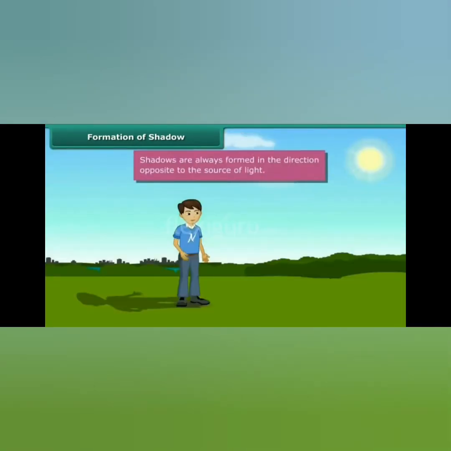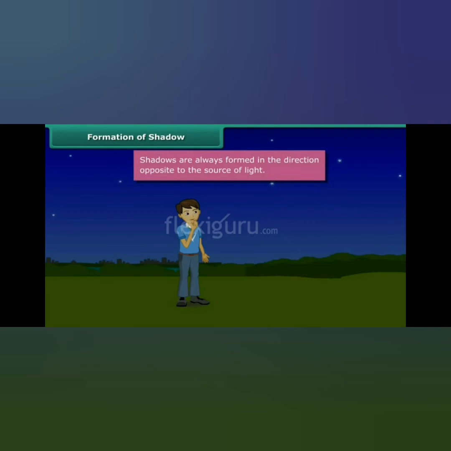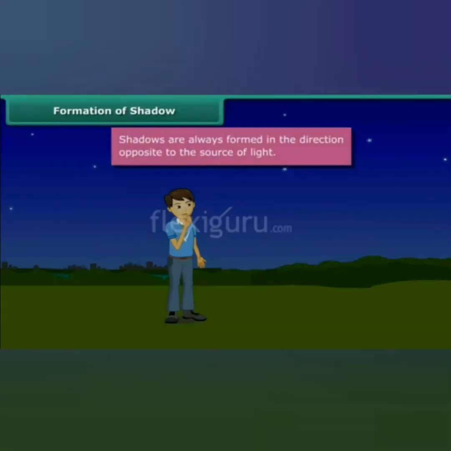Okay. So shadows are always formed in the direction opposite to the source of light. जहाँबाट लाइट आउँदैछ त्यसको अपोजिट डिरेक्सनमा चाहिँ shadow हामीले देख्छौँ. जस्तो गरेर अगाडि हाम्रो लाइट छ भने पछाडि हामीले shadow फर्म भयो, पछाडि हाम्रो लाइट छ भने अगाडि shadow फर्म हुन्छ. Okay. Shadows are always formed in the direction opposite to the source of a light. अन्त इभिनिङमा जब लाइट थिएन, you are not being able to see the shadow.